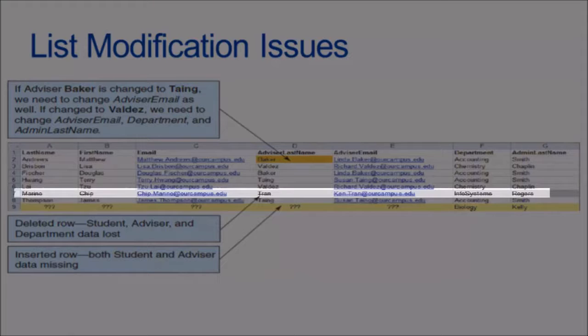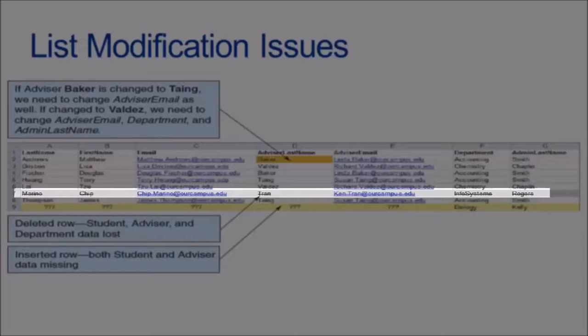Next, let's look at a deletion problem. Imagine that our student, listed here as Chip Marino, decides to drop out of the university. So we need to remove Chip from our list of students. Now look what happens if we delete this row of data. When the row of data is deleted,